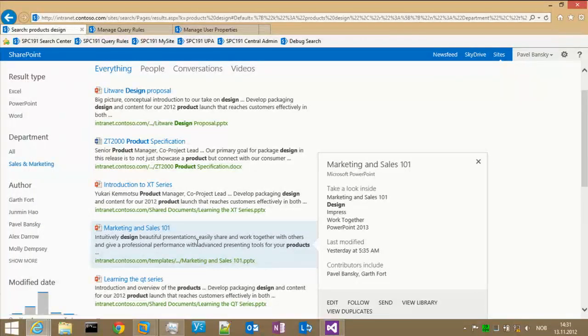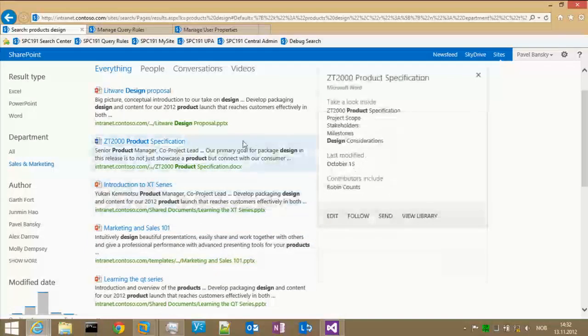So I see I have a couple of contributors here on the documents. I have Paul Bansky, which is myself, and then Garth Fort. Garth Fort popped up in the other demo I did. He had worked on the Las Vegas project. So he's probably a good guy to follow. He produces good content. So now if I execute a search for Garth,